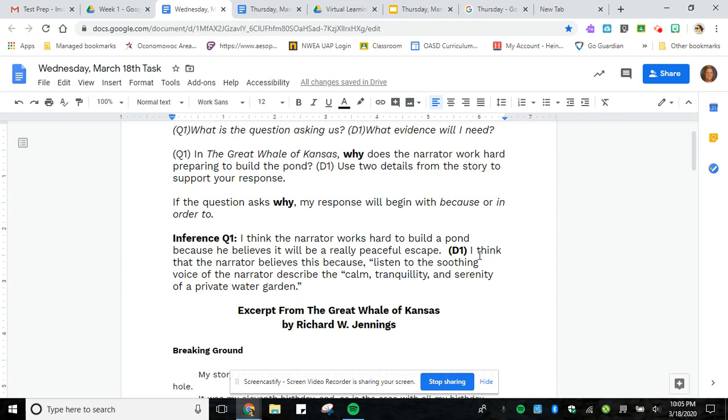But I need to add some words because I think that the narrator believes this because listen to the soothing. It's because he listened to the soothing voice of the narrator and described the calm, tranquility. Okay. So then I need to put in that I am finding my second piece of evidence. And I would start it out with another sentence starter, such as he continues on saying, and I know